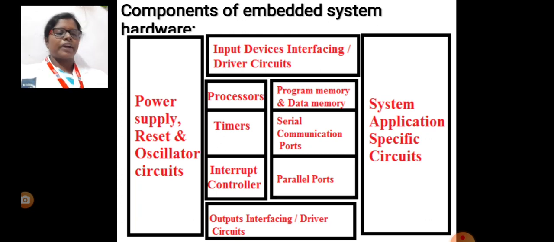This is one kind of system. And now we can see the components of an embedded system in hardware. In hardware, a computer is a system which has a collection of components used to execute the task according to the program or commands given to it. Here we can see the components of an embedded system, which means power supply, reset or oscillator circuits, and input and